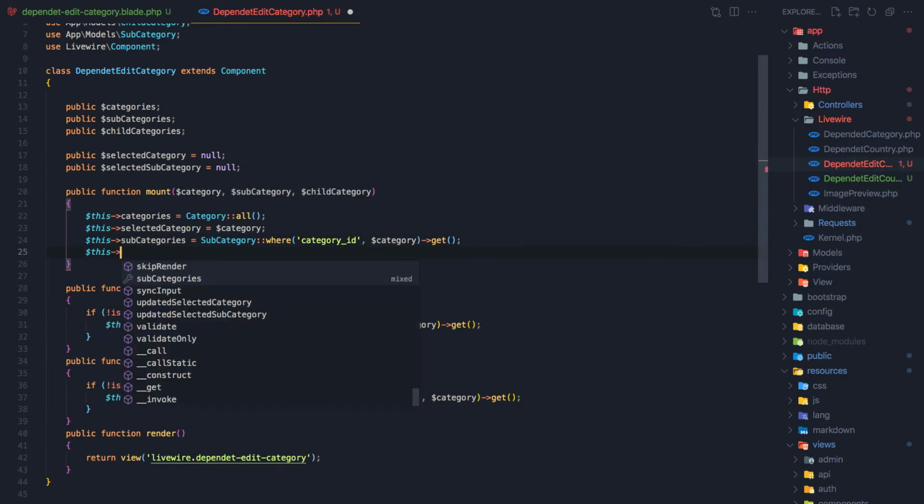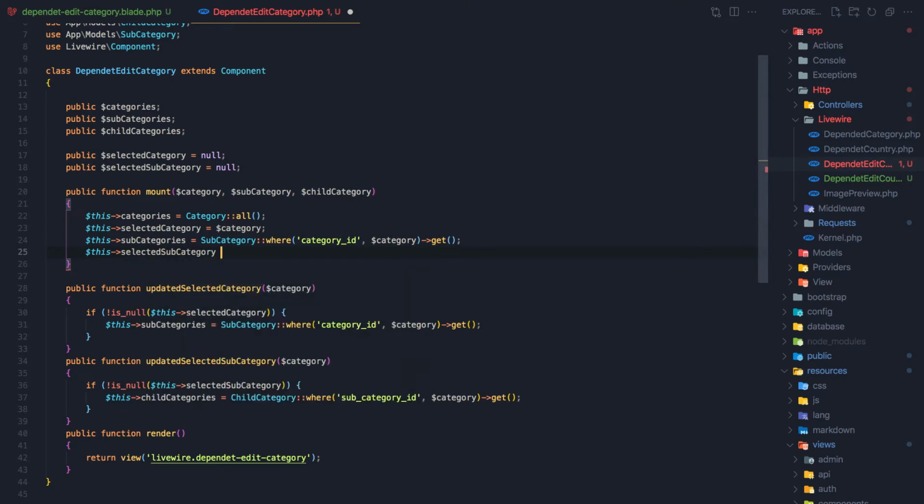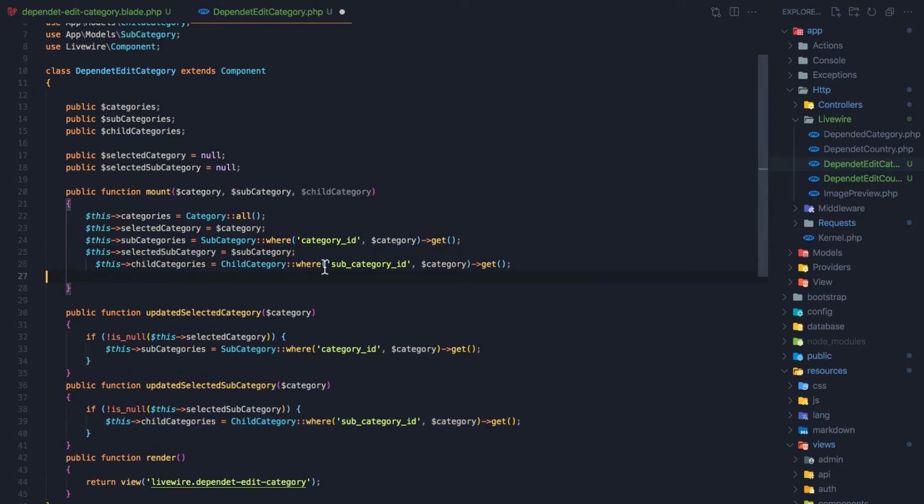This selected subcategory is going to be the subcategory, and also these child categories are going to be where subcategory ID is the subcategory we have here. So we add the category, subcategories, and also